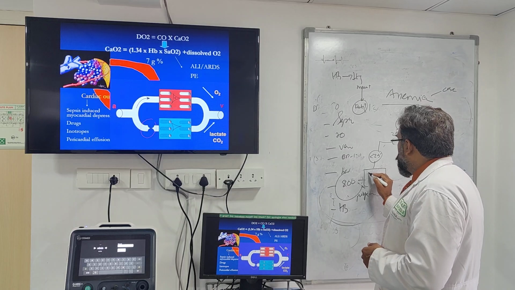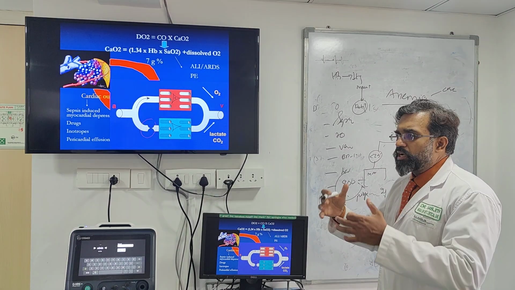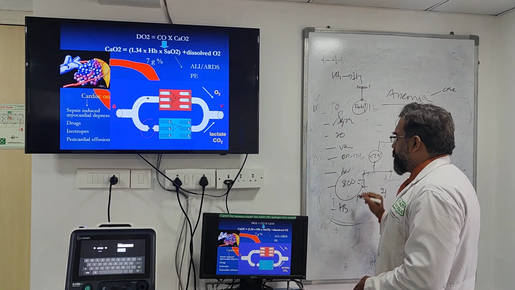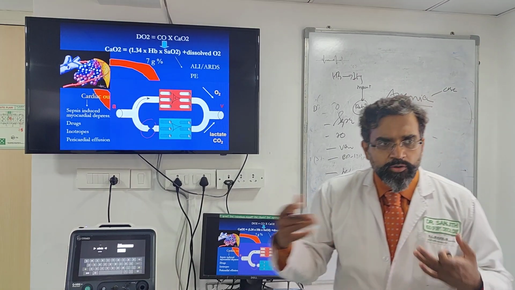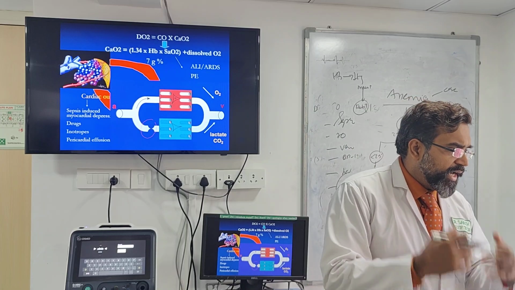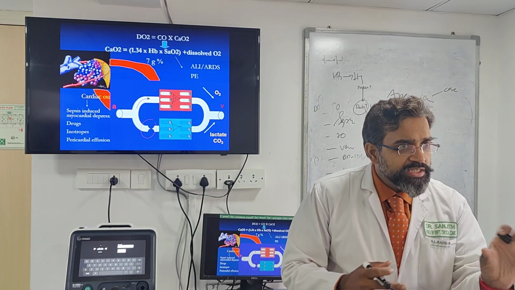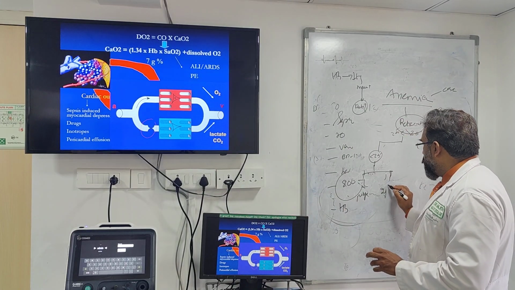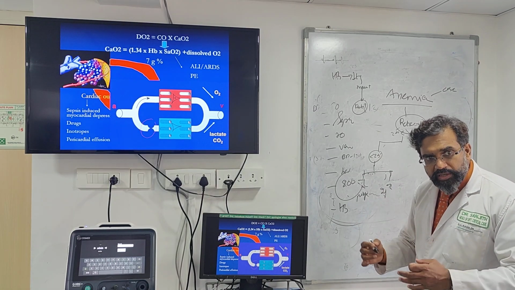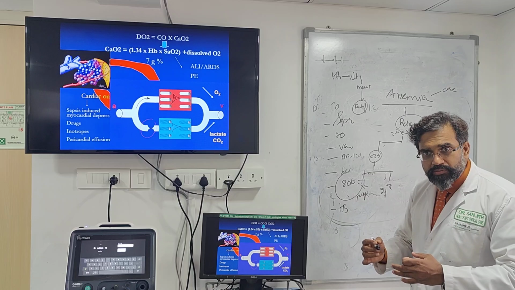So here what am I going to do? I'm going to look at the size of the RBC. Is it microcytic or macrocytic? Based on that, I will look at whether the marrow is down, B12, folic acid, iron, or maybe there is a cell defect. If the shape is not okay, thalassemia would come into place, sideroblastic anemia, membrane defects, cytoplasmic defects, nuclear defects.